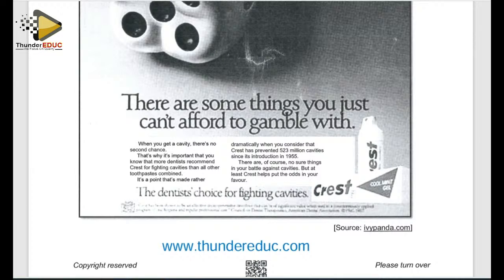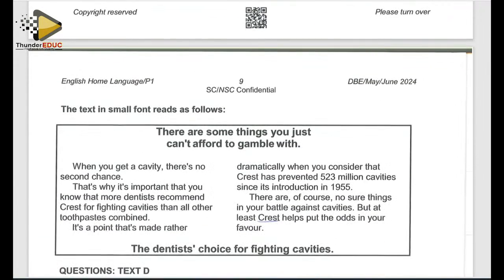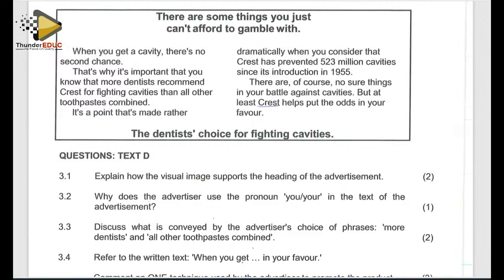The dentist's choice for fighting cavities is what we are looking at. Okay, let's go to the questions and see what we're expected to do. Right. Explain how the visual image supports the heading of the advertisement. As long as you are given this word, please describe. Please first describe the image to show knowledge of what you are talking about. You must be able to identify the heading of the advertisement as well to show you understand what they refer